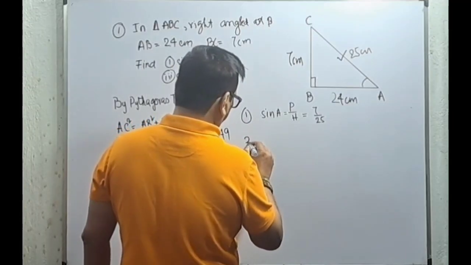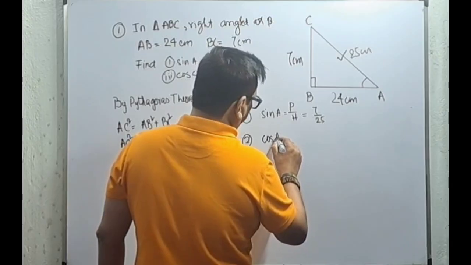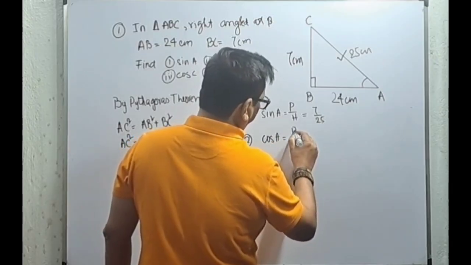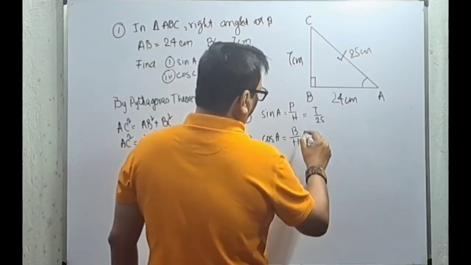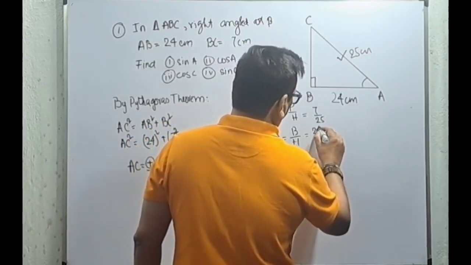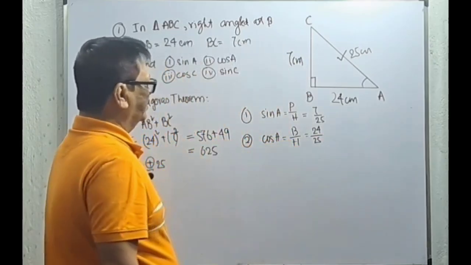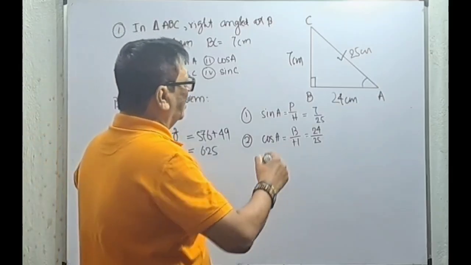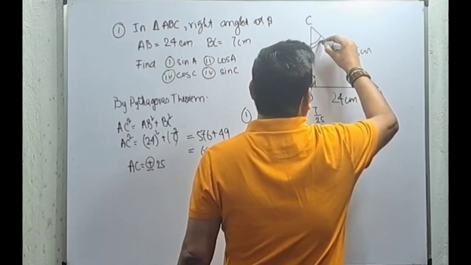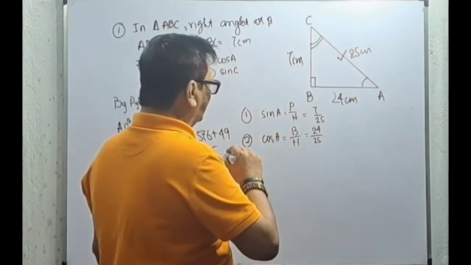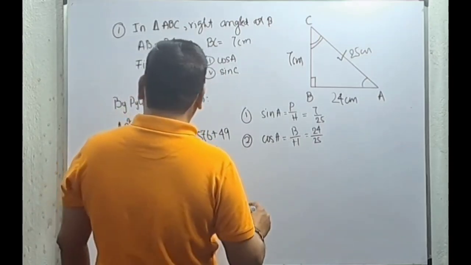Number 2. Cos A is curly brown, base by hypotenuse, which is 24 by 25. There you get sin A and cos A. Now the angle changes, it becomes C. Right? Now the perpendicular is AB. Right? So,